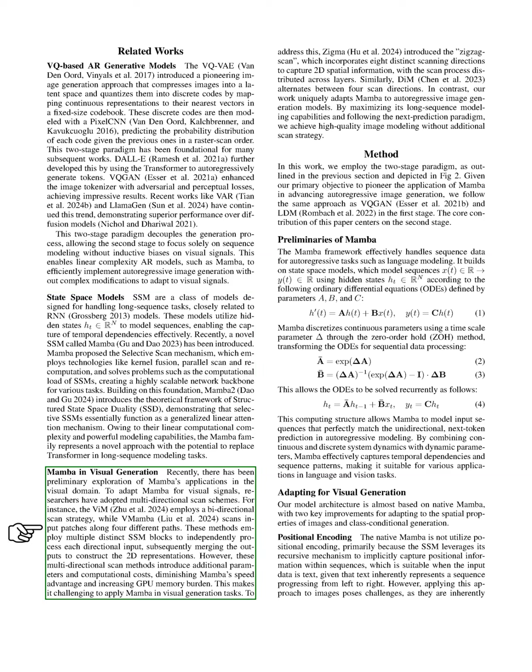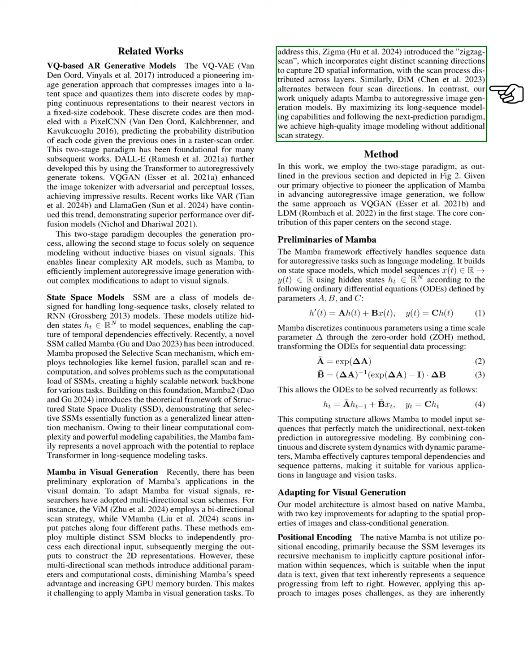Recently, we have seen initial efforts to adapt Mamba for visual signals using multidirectional scanning techniques. For example, the VIM uses a bidirectional scan, while vMamba scans input patches in 4 different directions. These methods utilize various SSM blocks to process each directional input separately and then combine the results to create 2D representations. However, these multidirectional scans add extra parameters and computational costs, which reduce Mamba's speed advantage and increase GPU memory usage, making it harder to use Mamba for visual tasks.